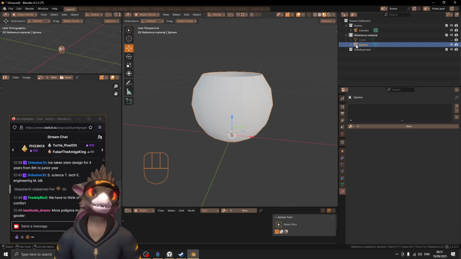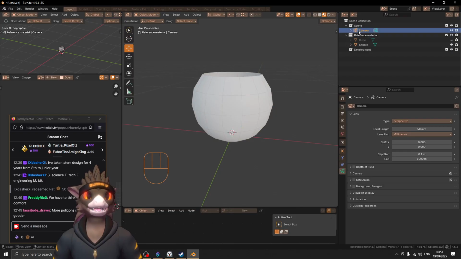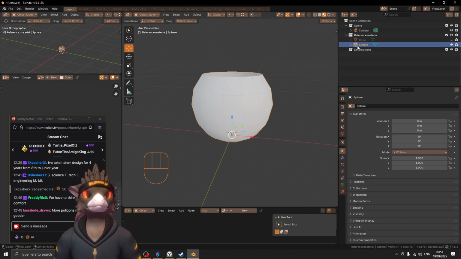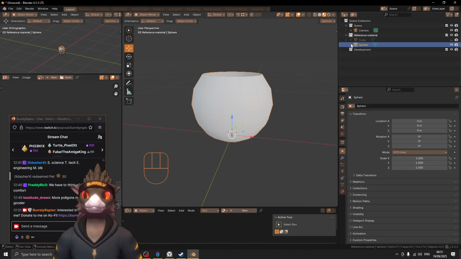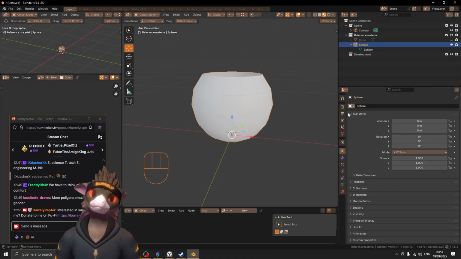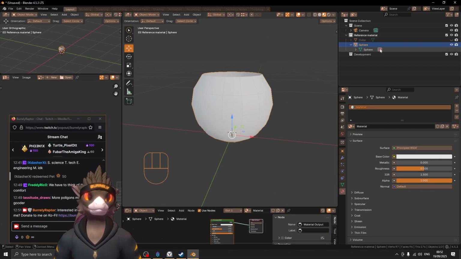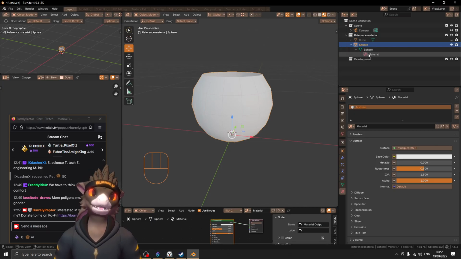This little triangle says it's mesh data, which basically means it's a model. It's a 3D model. Just like this is an object that has a camera on it. This is not a 3D model, right? These two things contain different information, and you can see that by this icon here. This icon is a type of data, and this orange thing is basically just an object that can contain whatever. In this case, we have our sphere. You can see here, it has mesh data on it. And the moment we go to material down here, and we click new or we click plus, you'll see that suddenly there's more data inside of here. So this mesh now contains material data,